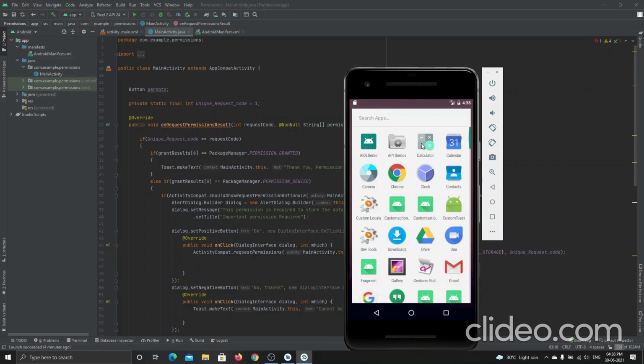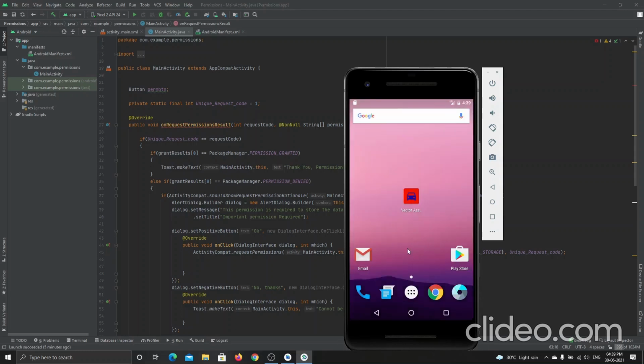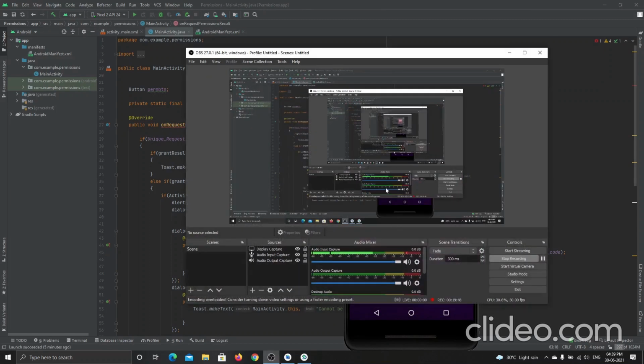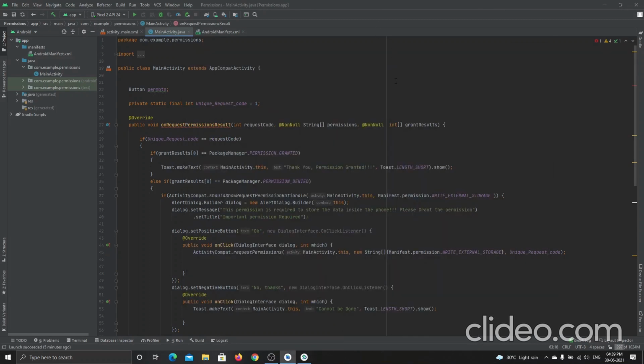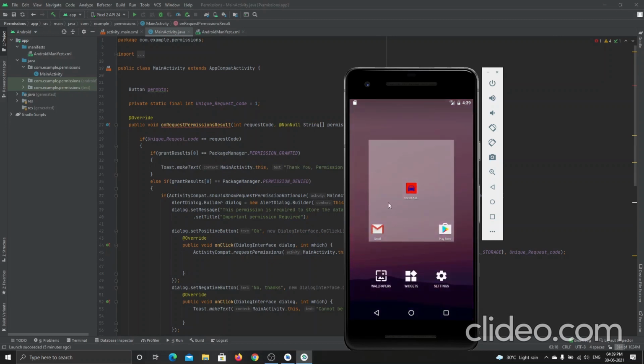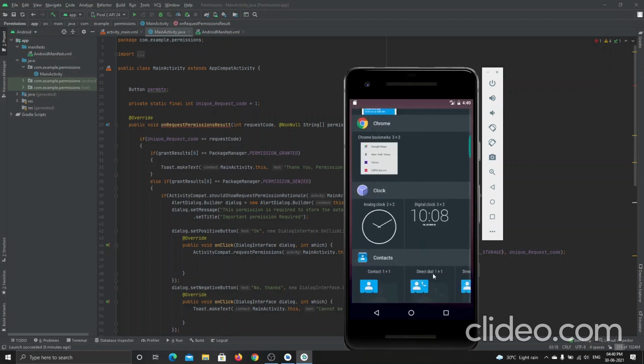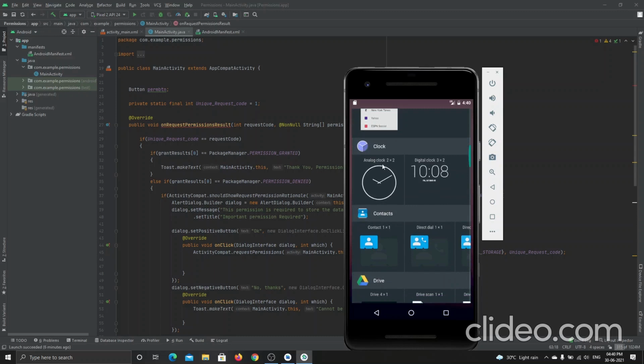When I click on this for a long hold, it asks me about the app info. Just hold on, let me show you. When I long press on the screen, it shows me the widgets, right? I'm holding on for a bit, and it shows me these options, and then when I go to widgets, it shows me some application widgets that I can use on my home screen. This is how widgets work.